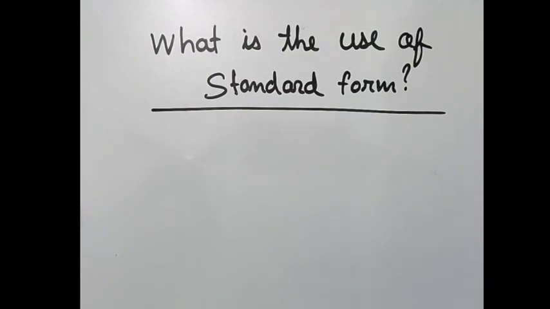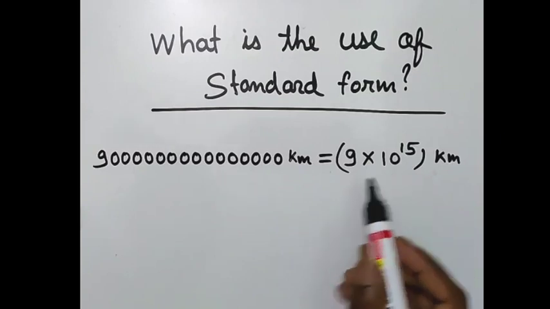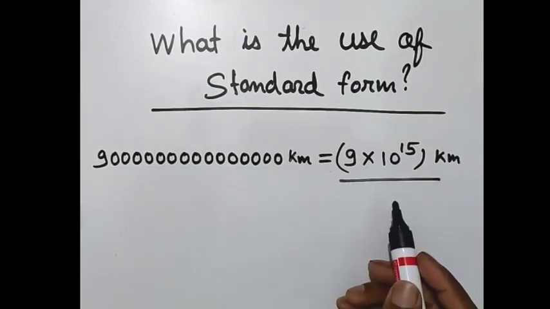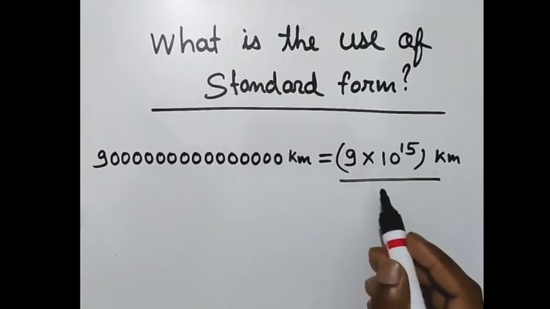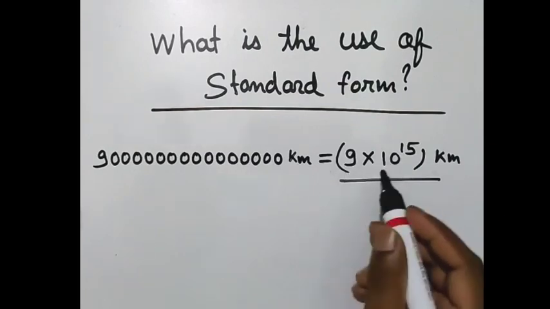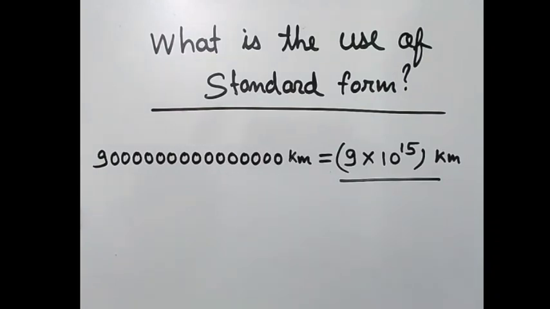Now, what is the use of writing a number in standard form? Let's say, given the distance here, which one would you prefer to read and write? Obviously, this expression, although both are the same, this is expressed in the standard form, 9 times 10 to the power 15. It is much easier than this large number, right? So when talking about large numbers or units in case of distance, speed, area, etc., we can use the standard form. Clear?